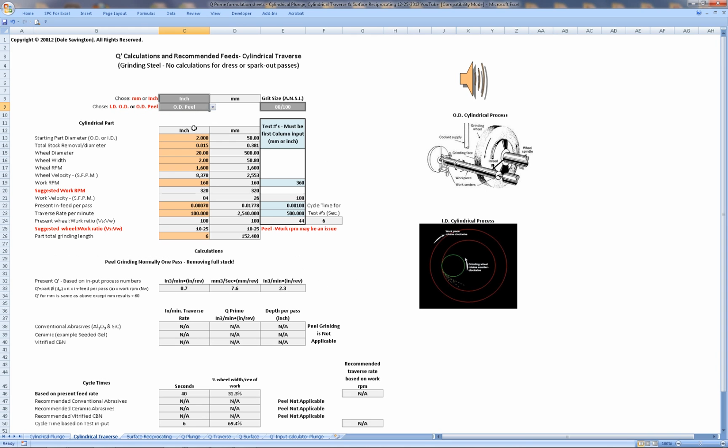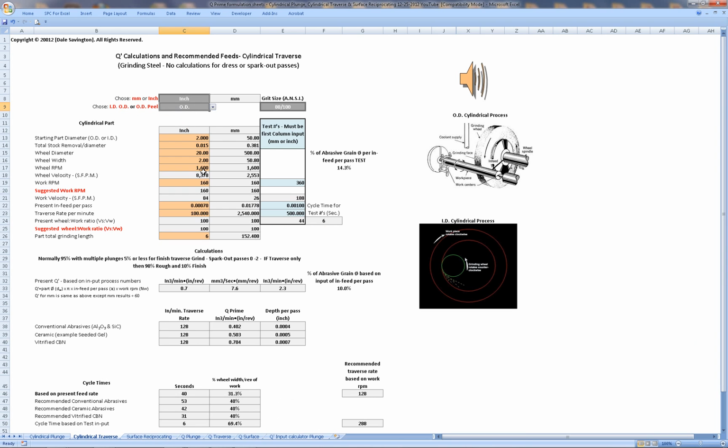They become not applicable. We have to take these out because we are no longer looking at a typical infeed relative to grit size, because we're actually acting in more of a milling application. That's a whole other subject, but we can discuss that at a later date. And you'll also notice that because now the suggested wheel to work ratio is 10 to 25, the potential is that the workhead speed would not be able to achieve those numbers, and that's why you'll see work RPM may be an issue. We'll go back to the OD,